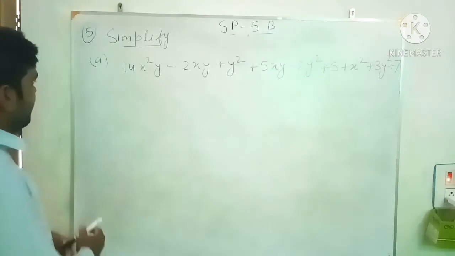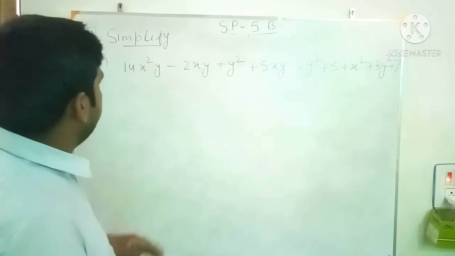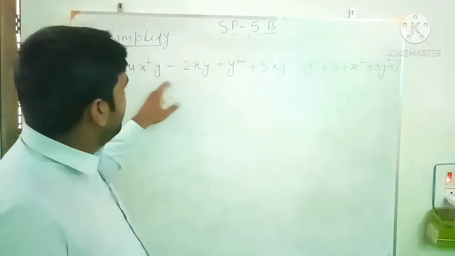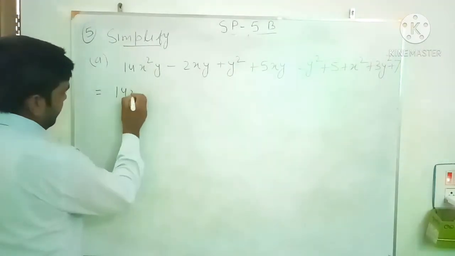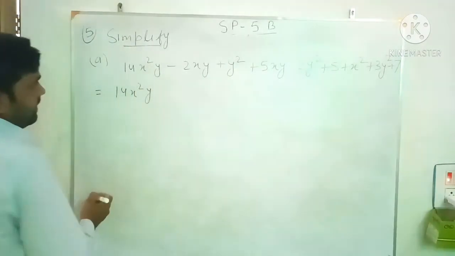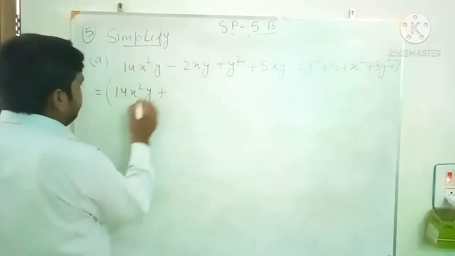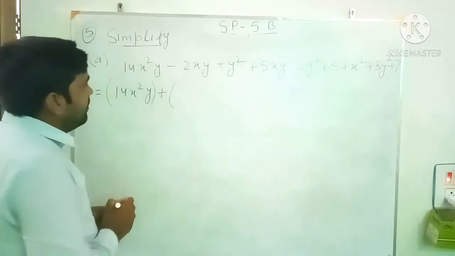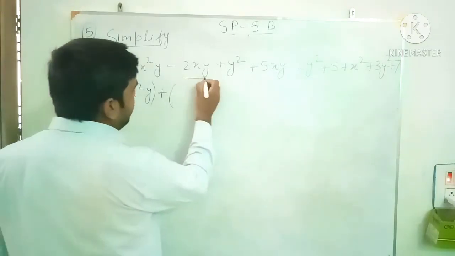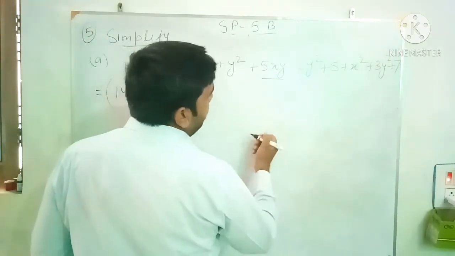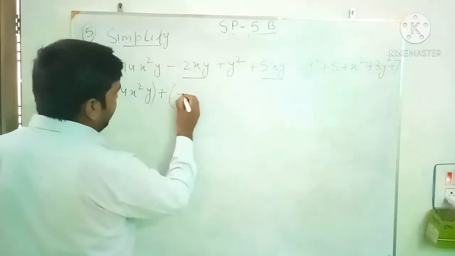So first of all we make a group of like terms of x square y. See how many terms contain x square y. It is only one term here, 14x square y. You cannot make a group of this. Next we make a group of another term, 2xy. How many terms have xy? Only two terms contain xy, so write this into this bracket: minus 2xy